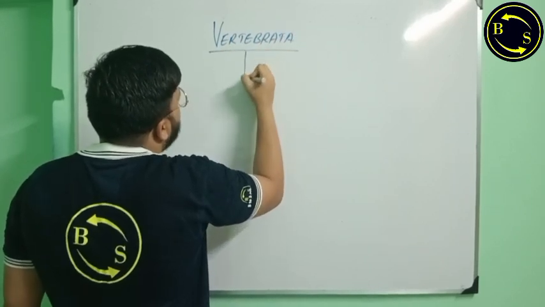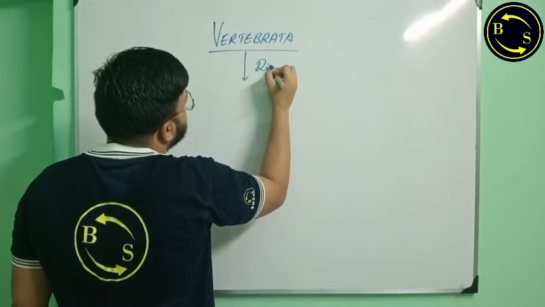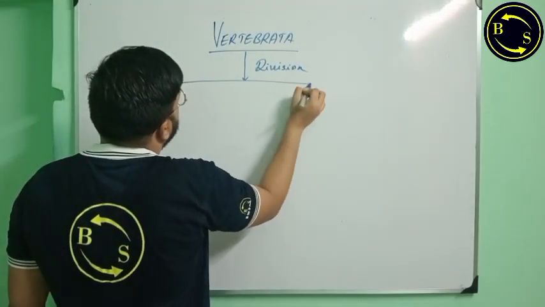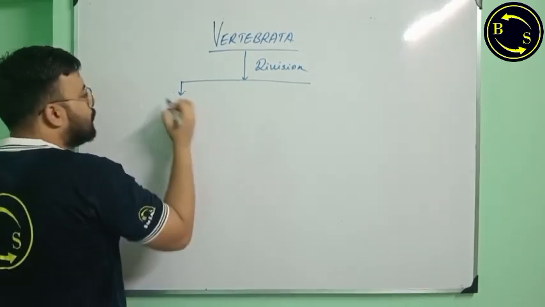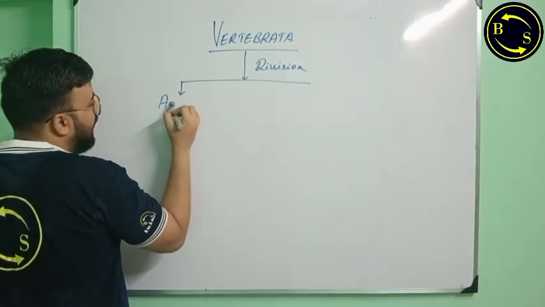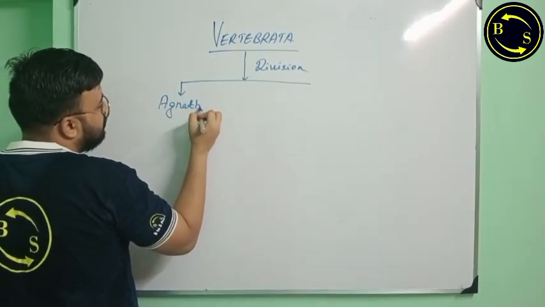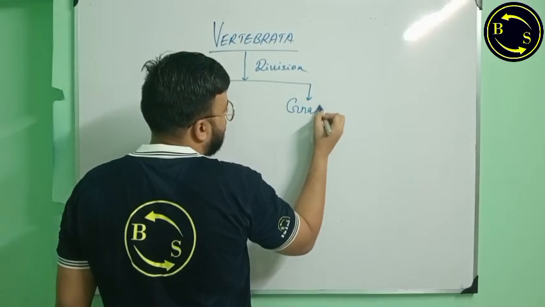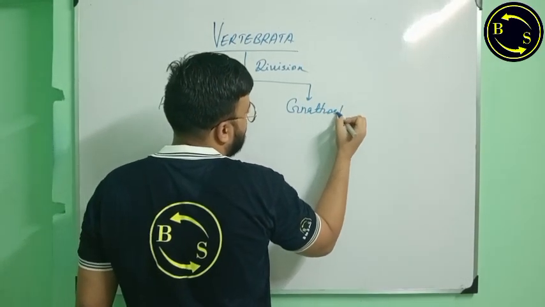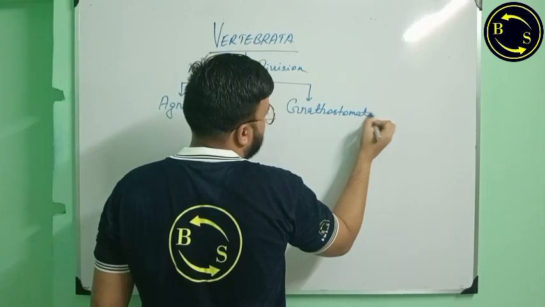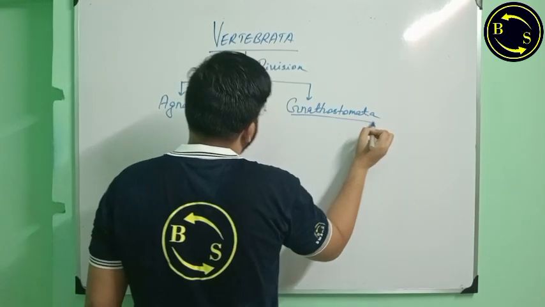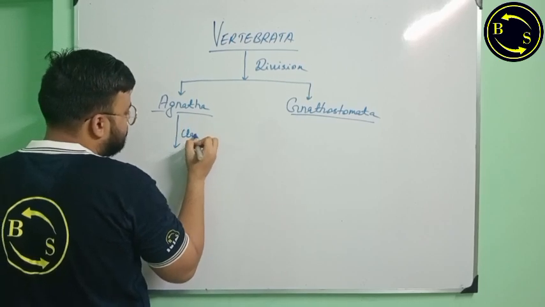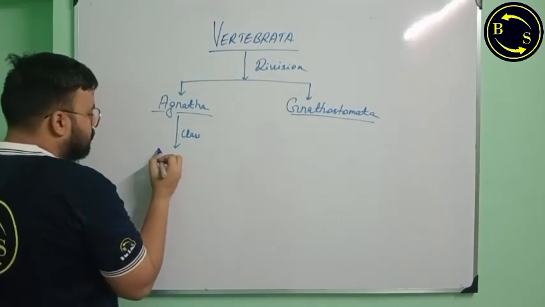Okay, it has got two divisions. What are those? One is the jawless animals, the Agnatha, and the other is the jawed animals, the Gnathostomata. Okay, so Agnatha and Gnathostomata. They have a class under Agnatha called